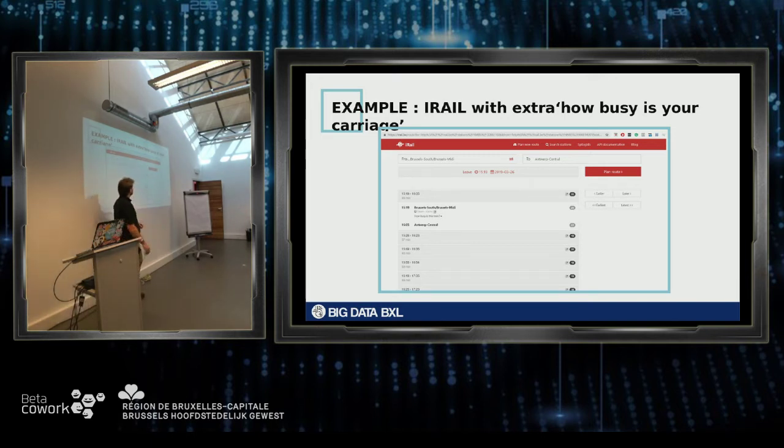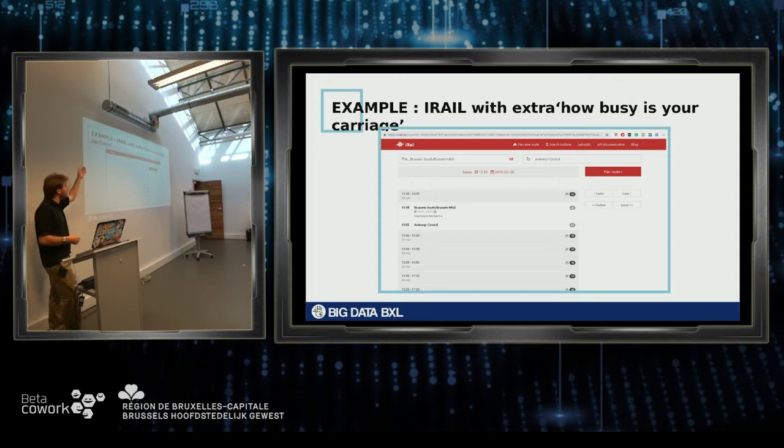and feel free to build on that. There's this nice example which has a fairly long history of people who wanted to get a better view of how the trains were working in real time in Belgium, and this led to the birth of iRail.be.